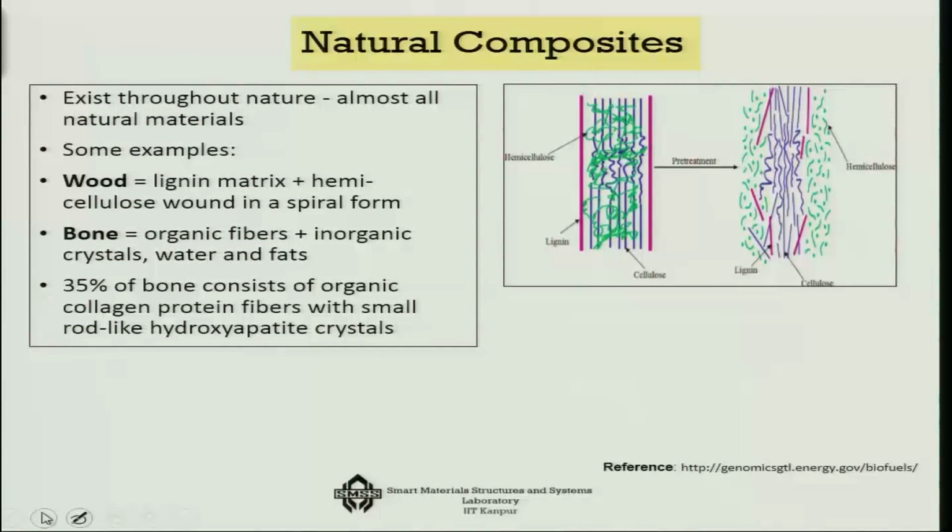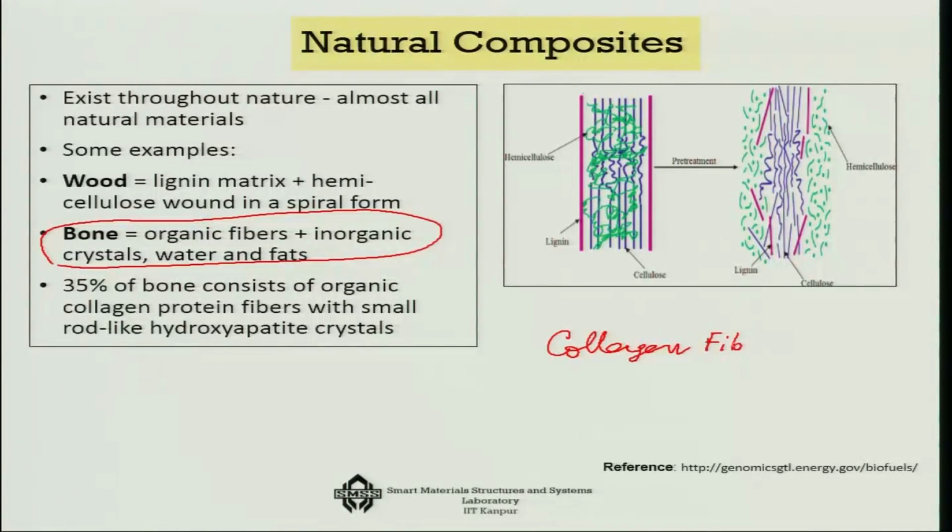So what are the examples of natural composites around us? There are at least two very good examples. One you carry within yourself, that is the bone. The bone has the organic fibers and the inorganic crystals, water and fats. In fact, if you look at a bone structure, you will find that you have the collagen fiber. Collagen fiber is very important because once again the structure of the collagen fiber was actually discovered in India, by Professor Ramachandran. So collagen fiber, and the matrix is